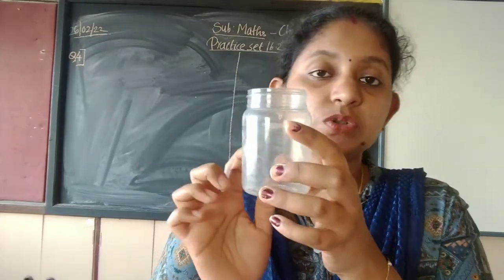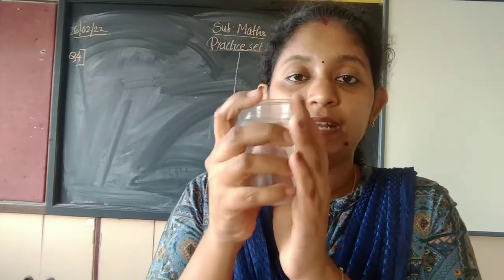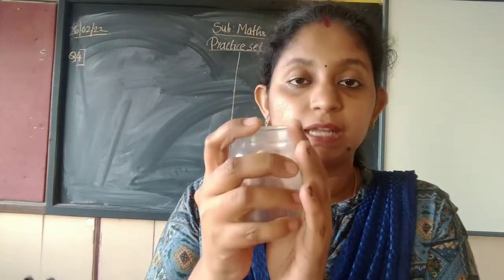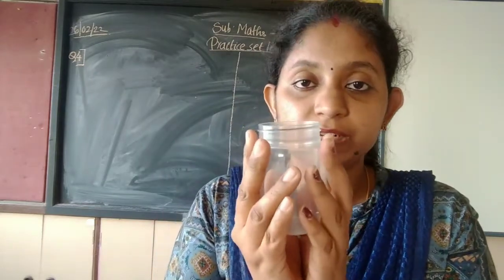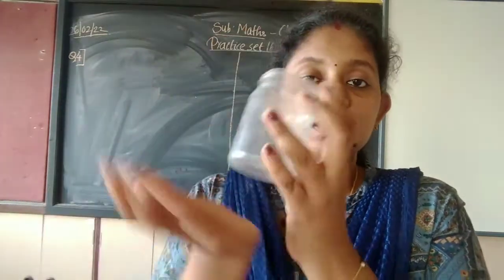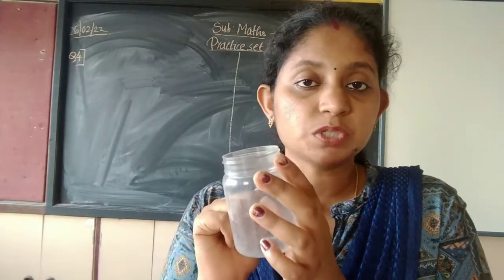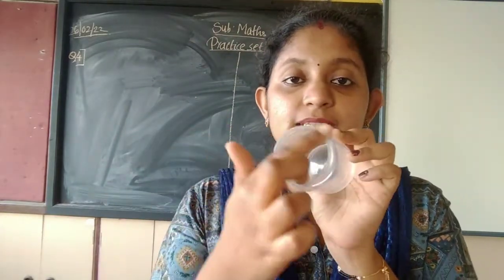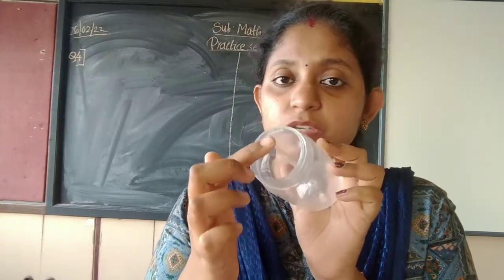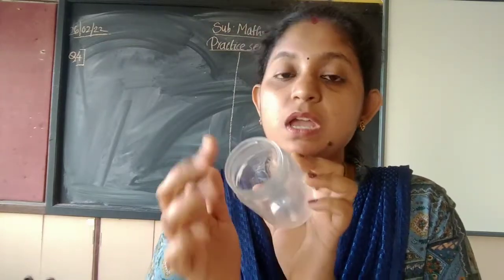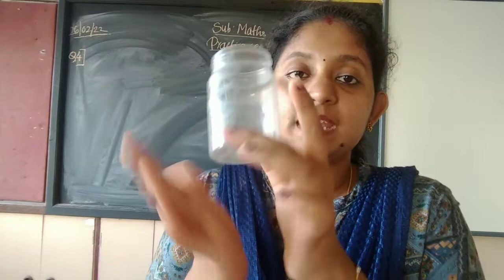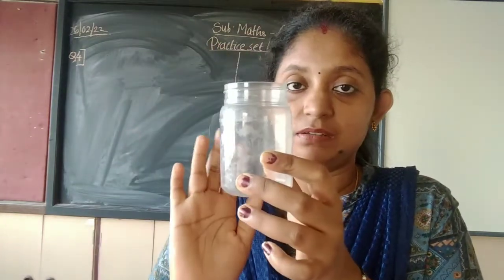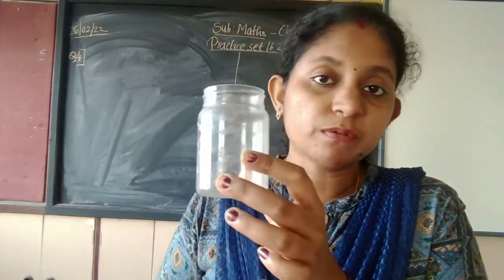Now what are we asked to find out? Area of this container. How are you going to find out area? We have curved surface area and total surface area. Curved surface, only this portion we will get. Total surface, this and this. That becomes total surface area. But for this container, there is nothing there inside. Here it is empty. So we cannot use total surface area. Then what are we going to use? Only this portion is there, base is there, nothing is there here. So only these two areas we are going to find out.